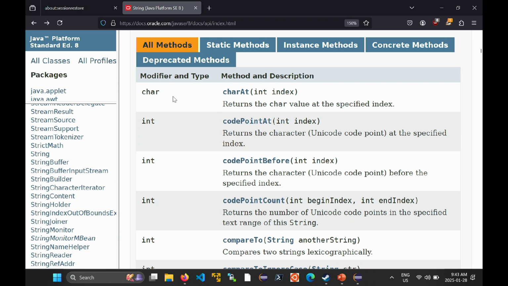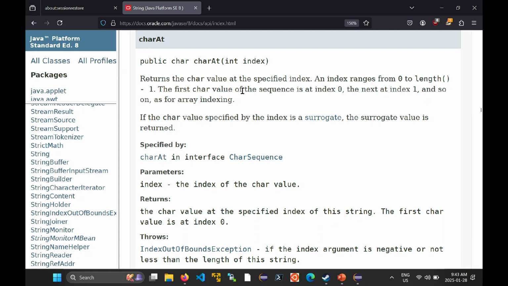If it's a static method, the word static will be over here. There's the name of the method. That's the parameters of the method. So this says charAt requires the programmer to give it an int. And there's a one-sentence description of what the method does. So it returns the char value at the specified index. If you want to know more about the method, you click on the method, and then it takes you to